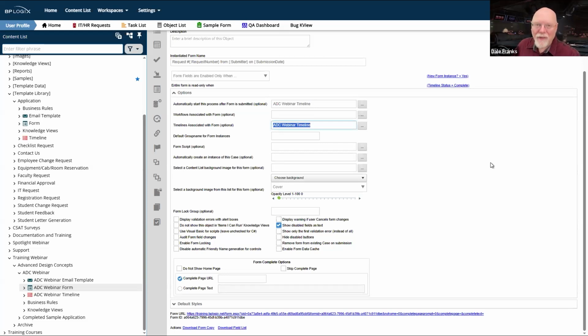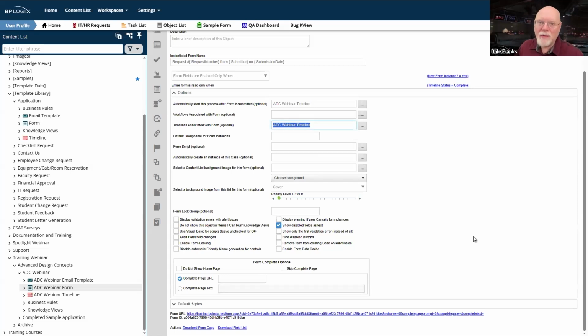It's going to make my life easier if I just say, well, I'm going to associate this timeline with the form, because this timeline now becomes the default timeline in the condition builder whenever I begin creating conditions and I want to make any timeline-based conditions, because it's going to just assume automatically, oh, you want to use, in this case, the ADC webinar timeline.